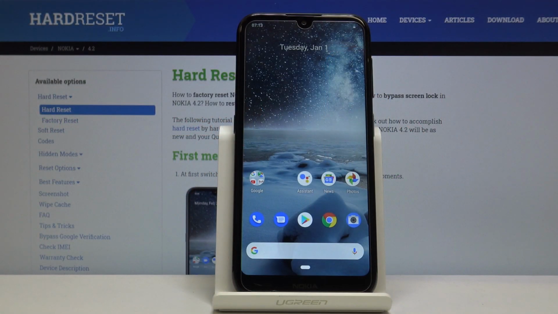Welcome. In front of me is a Nokia 4.2 and today I'll show you how to enable and also set